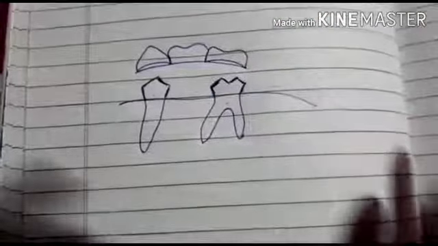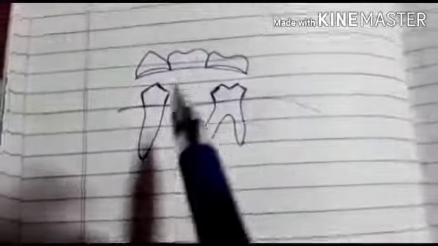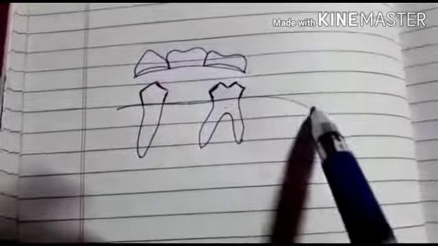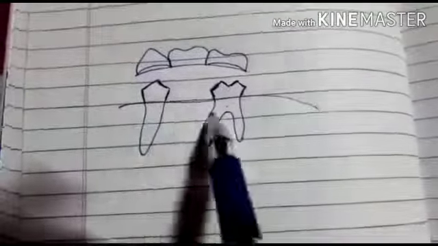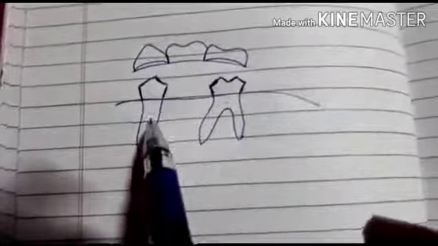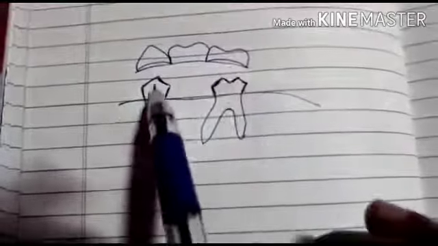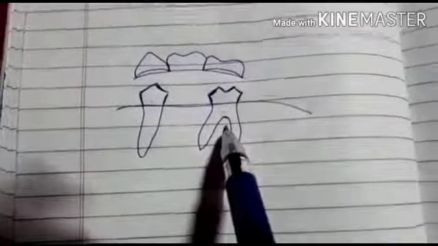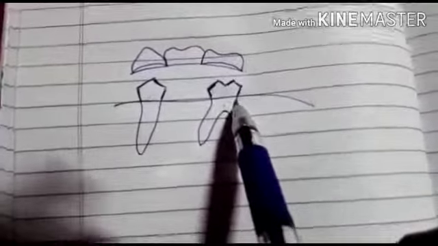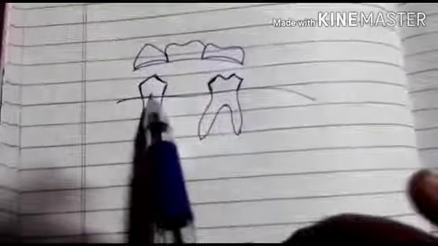I have drawn a rough diagram so that you can clearly understand various components of an FPD. This line represents a residual ridge. Okay, these are the abutment teeth and this is a fixed partial denture prosthesis. Now what does the word abutment mean? It's nothing but the selected remaining tooth or teeth which receives a fixed partial denture prosthesis over it. The abutment can be single or multiple.